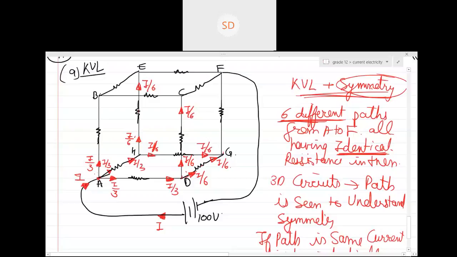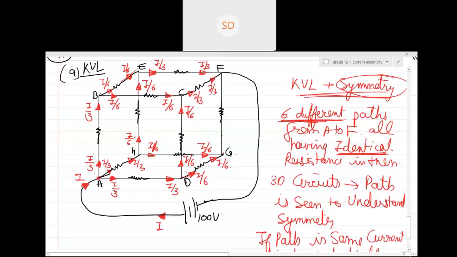What about this I by 3? This I by 3 passes through this resistance and comes over here. This I by 3 then bifurcates into two parts. Can you see the symmetry, guys? Can you visualize exactly what is happening? Now can you see this I by 6 and this I by 6 join together to become I by 3 again, and this I by 3 current is the same current which I drew initially.